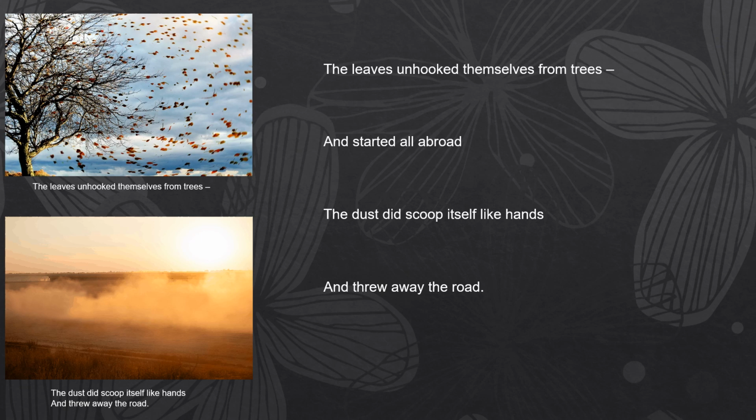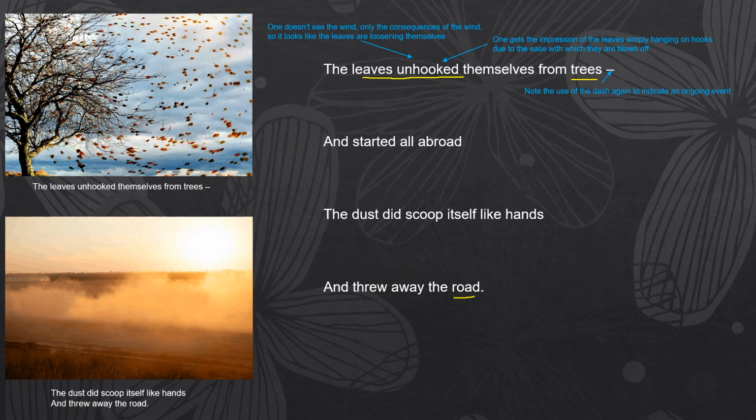As we get into the next stanza, we start to see the effect of the wind on the trees and on the road. All right, so of course, when the wind blows, one doesn't see the wind itself, one only sees the consequences of the wind. And this is something that Dickinson brings across very well in this stanza, where we have the leaves unhooking themselves from trees. Okay, so it's almost like one gets the impression that these leaves are simply hanging on hooks and they can just simply unhook themselves from the trees. So we get the sense that you don't see the wind, you see the action of the wind.